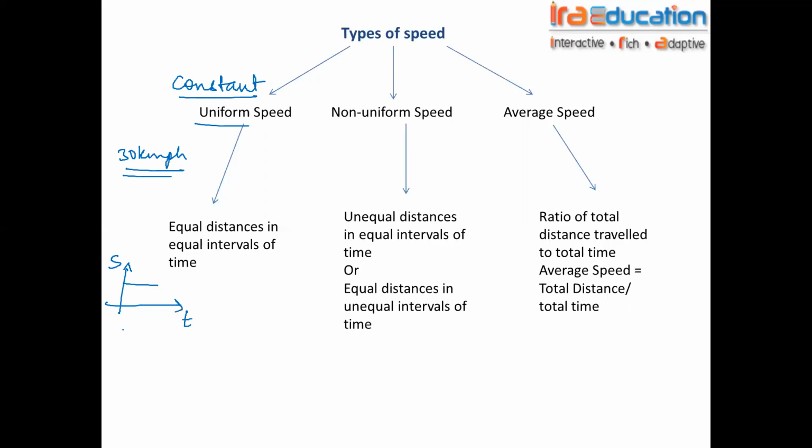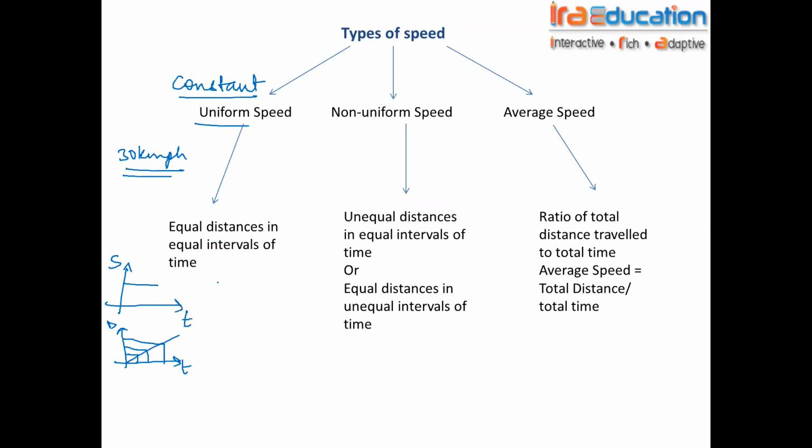Now, if I'm looking at the distance-time graph, distance is constantly increasing with increase in time. The graph looks like this. I'll teach you graphs in another session. I just want you to understand. So equal distances are covered in equal intervals of time. That's the meaning of this graph. Why is that the meaning of this graph?